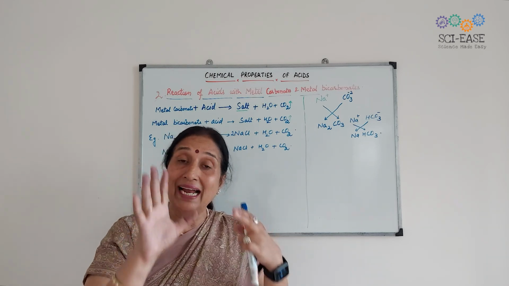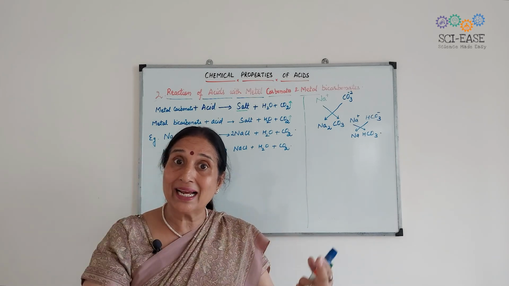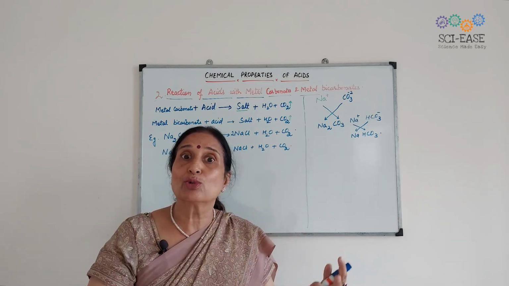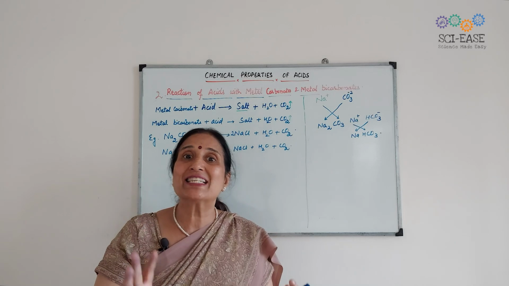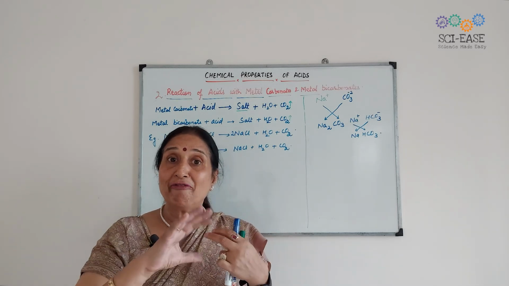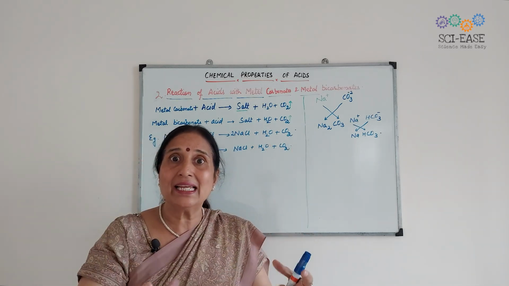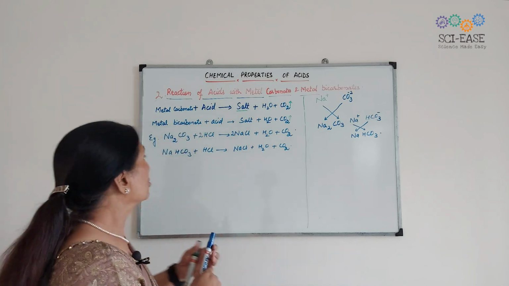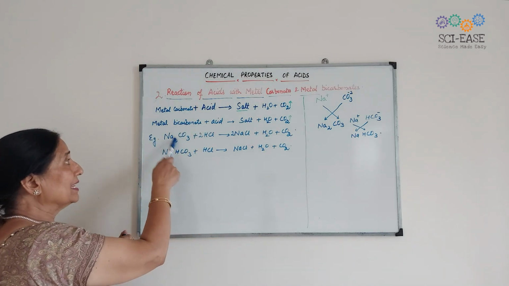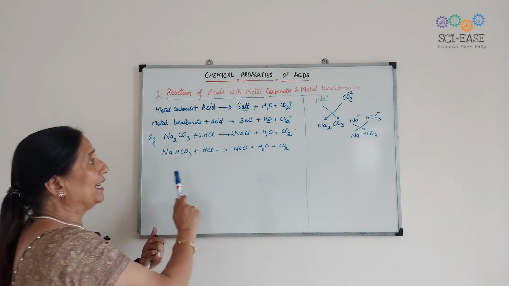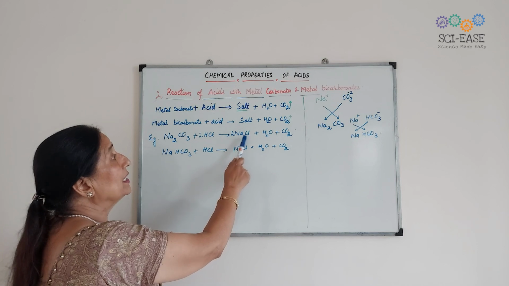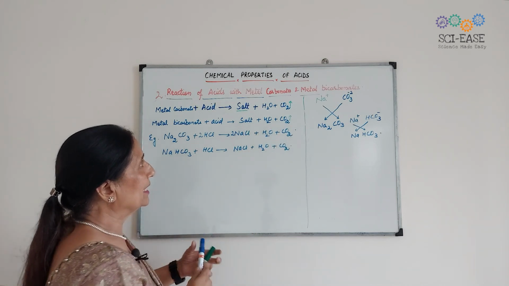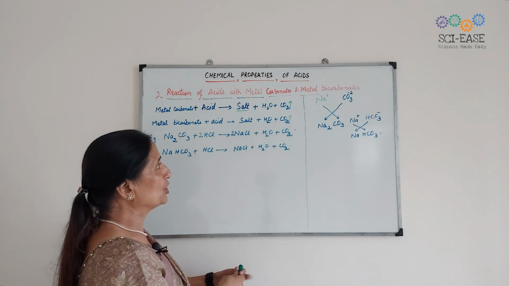Visualize that. That gas is carbon dioxide and it comes out in the form of effervescence. Okay, effervescence, झाग झाग सी निकलेगी. So when you put HCl on sodium carbonate, the result will be formation of the carbon dioxide gas,